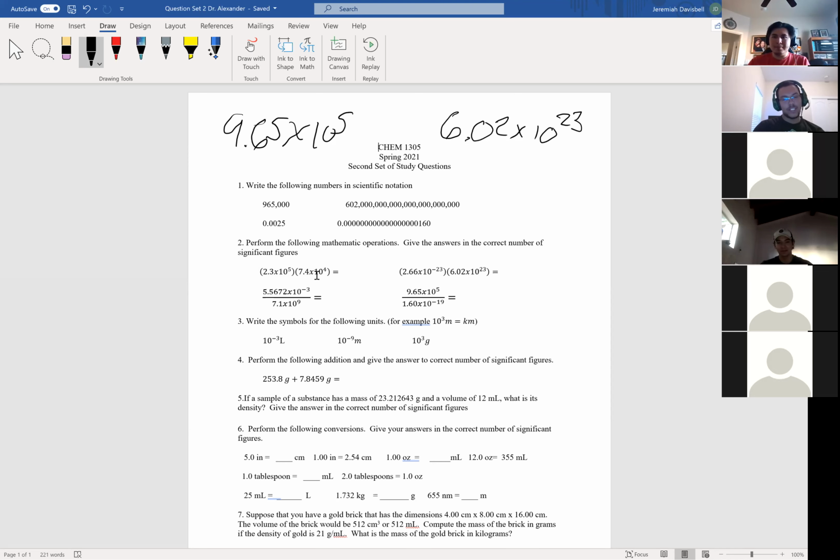So the bottom left one, what would that one be? 3.5 times 10 to the -3. All right, perfect. And then for the last one here? 1.60 times 10 to the -19. Right? Yes, perfect. Okay, so I think it's safe to say that we all know how to do scientific notation. So moving forward, let's try multiplying and dividing it. Starting with this first one, how would you guys start with multiplying this?